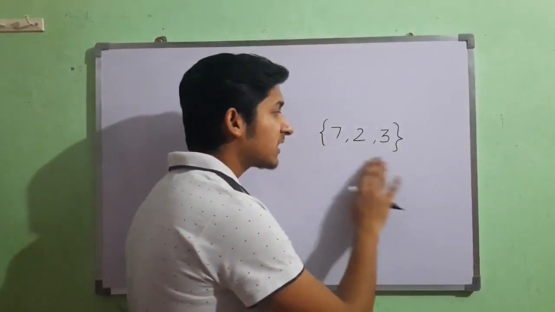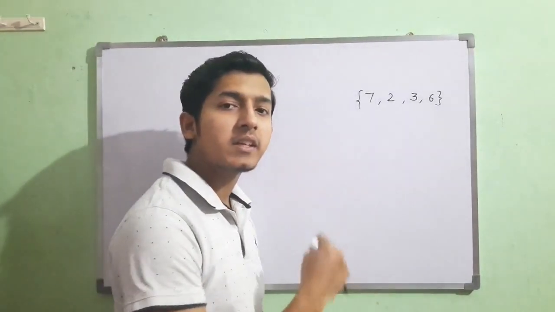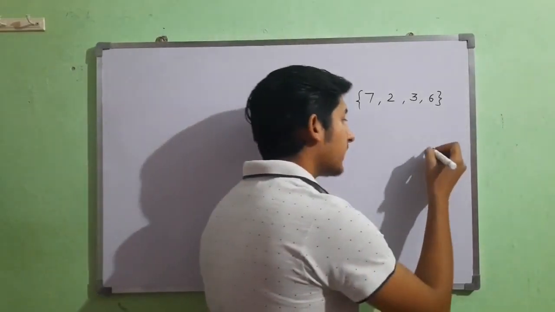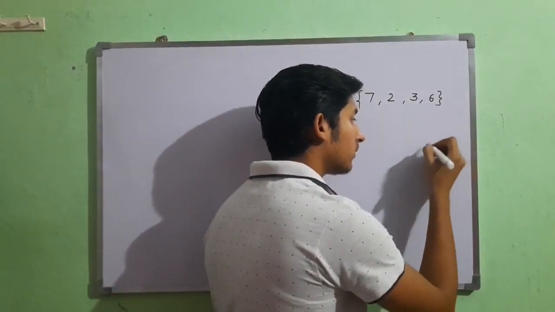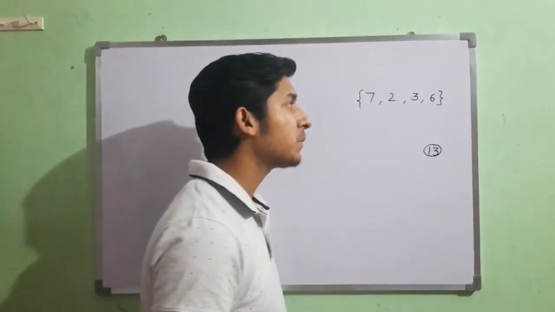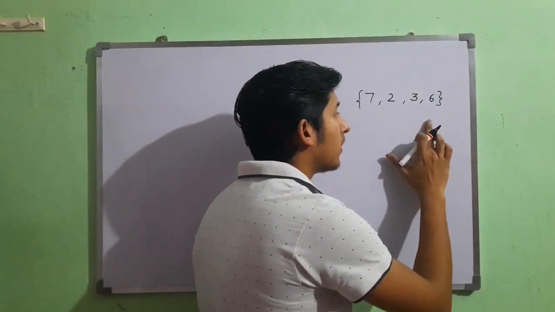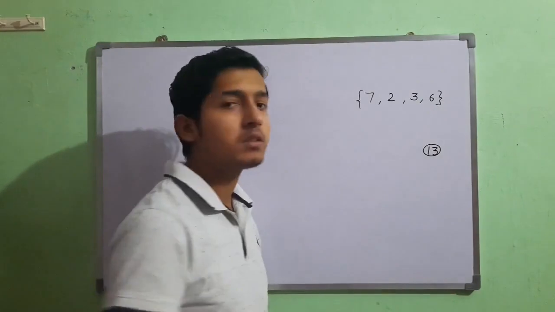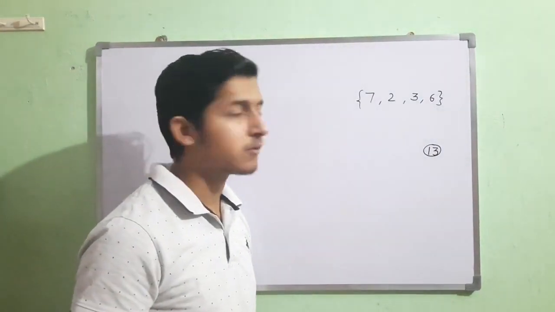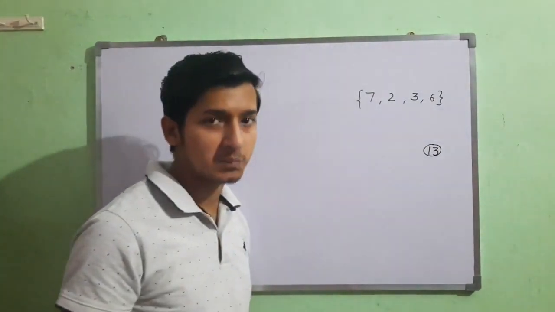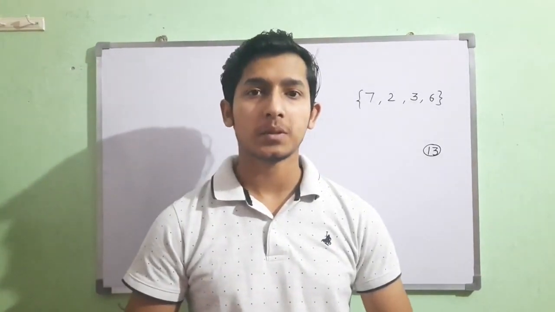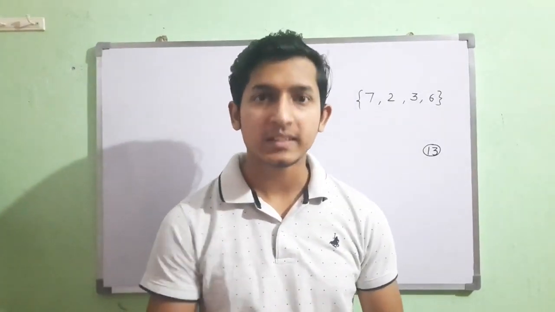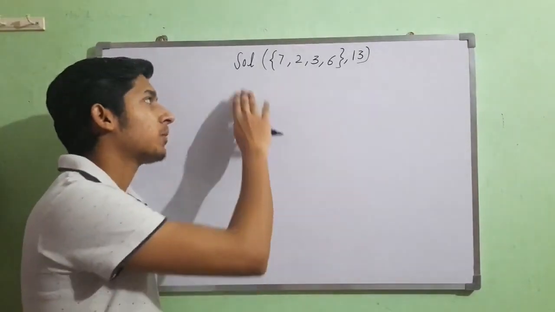Moving to non-standard systems, suppose here is a system and I have to calculate a total of 13. The greedy approach will fail by taking two values of this and done. We can't form this sum with the greedy approach. So we will solve this problem with recursion. Let's see how. One more thing we have to understand with this problem is that every coin is given with infinite supply.